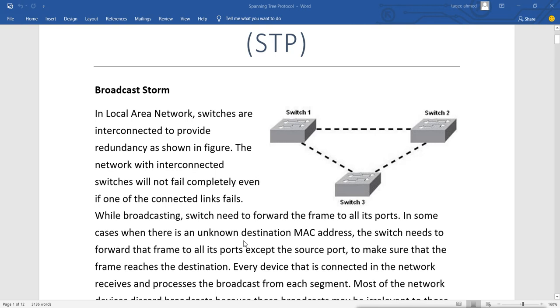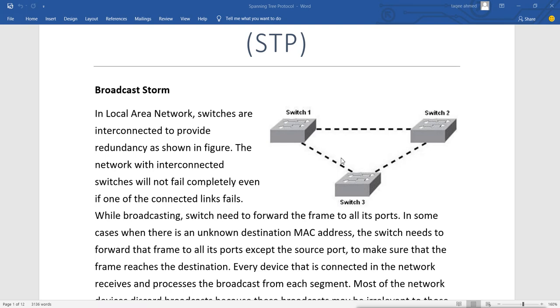Now how does this broadcast storm come, and why can our switch do this layer 2 looping and become a broadcast storm? For that we have to understand how the switch works and how it can create a broadcast loop.